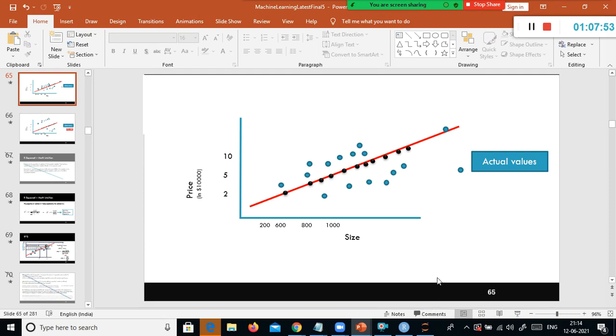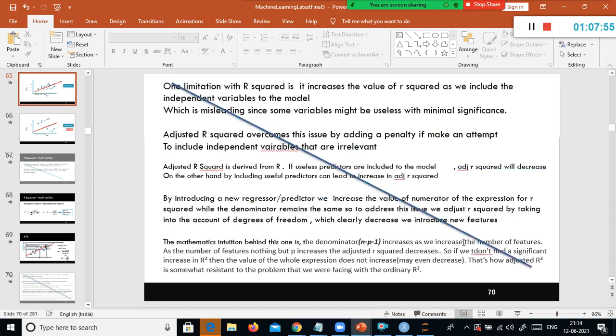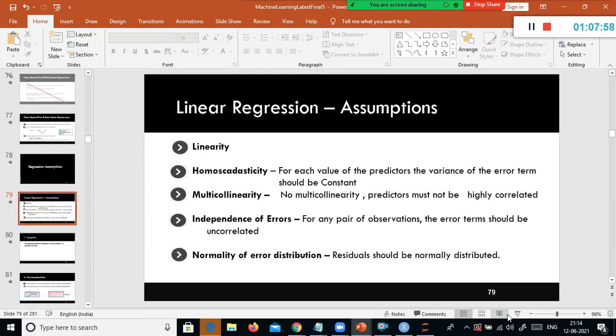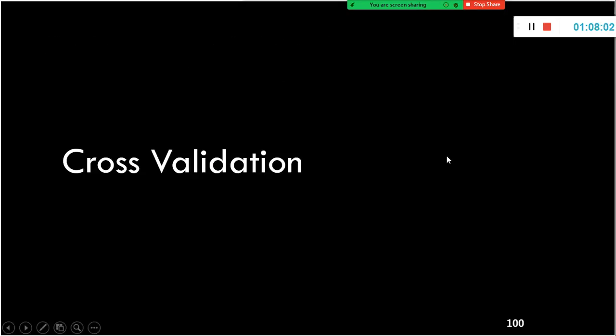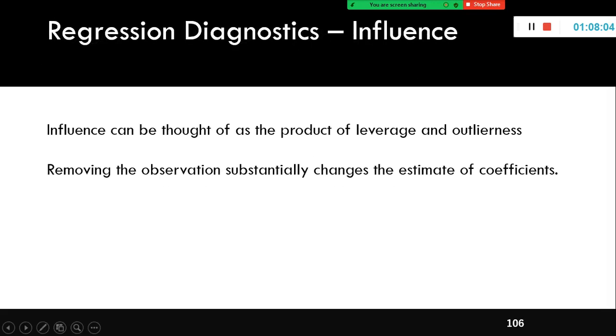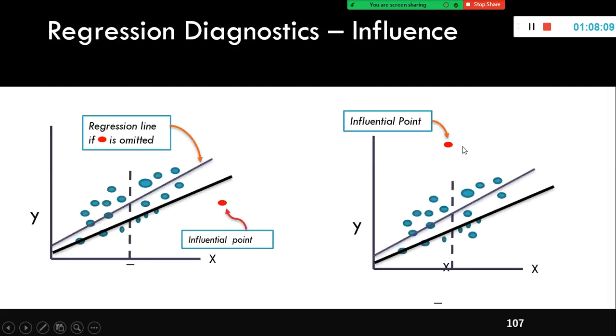So we need to identify the observations that are influential. How will I find out? Is there any simple technique available? Because I have 100 columns and millions of records. Look here, that's what I mean.